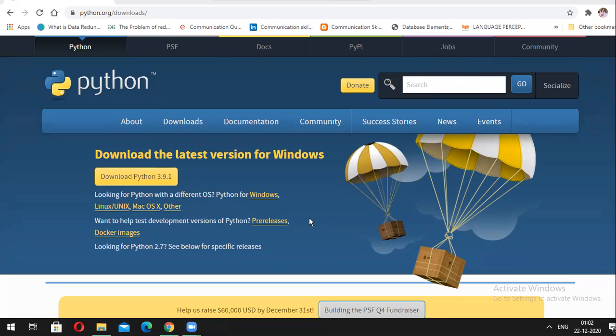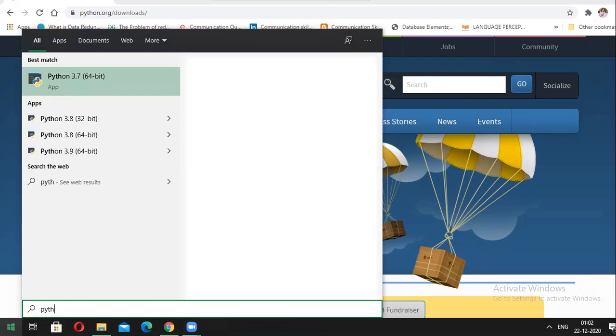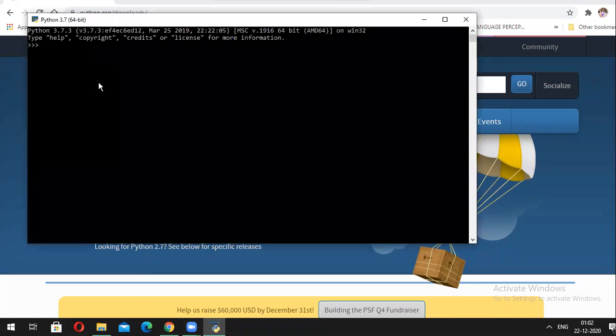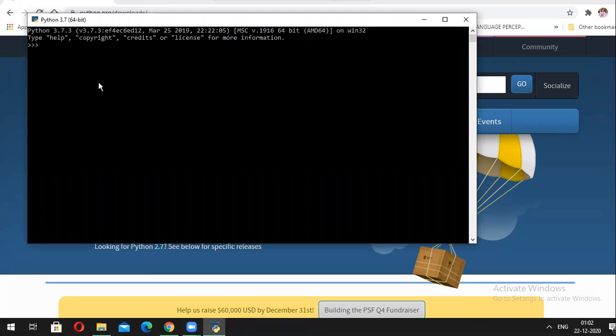But if you are a new user, you click here, then whatever file will download here, click on the file and follow the instructions given by the dialog box. Then Python will be downloaded in your computer. Then when you click on the start button of your computer and write Python, Python will be displayed automatically. So you have to click and